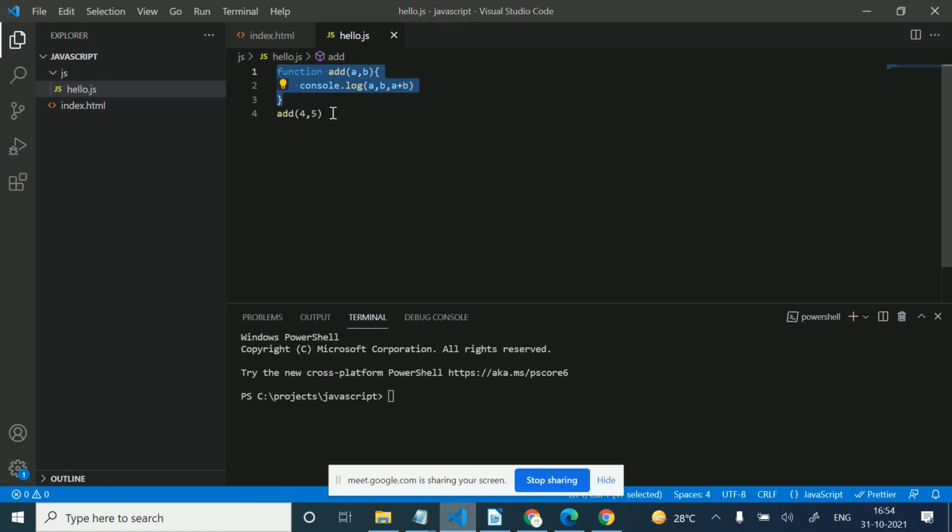Here we know that we are passing two parameters. But if we don't know how many parameters we will pass, in this case we have one more object to handle this. I'm just going to remove this, and there is the arguments object. I've just put it here. Let me refresh.